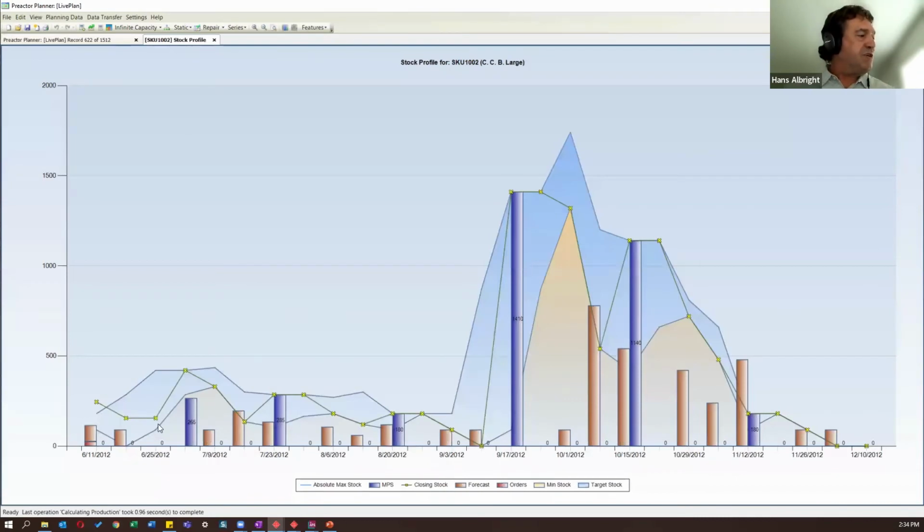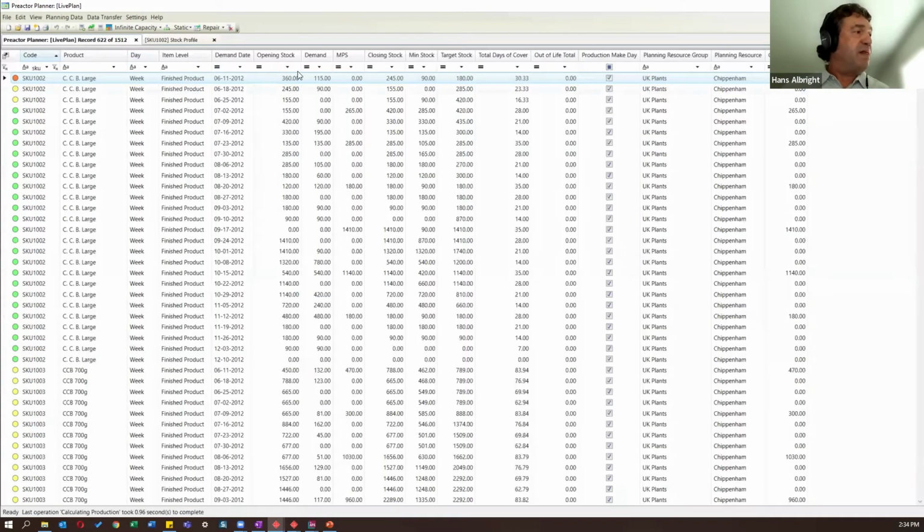You can see that this yellow line indicating our closing stock values is staying pretty close to within this blue zone, which is our target range that we want to be sure we're staying within. You can interact with this though. You can change these values if you have some knowledge above and beyond what the system has applied, and you can edit some of these values here,